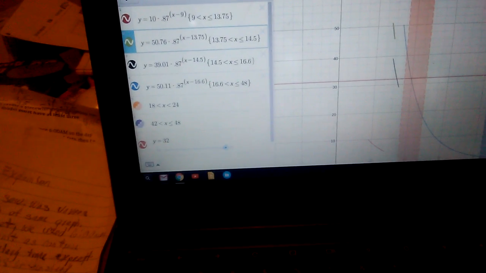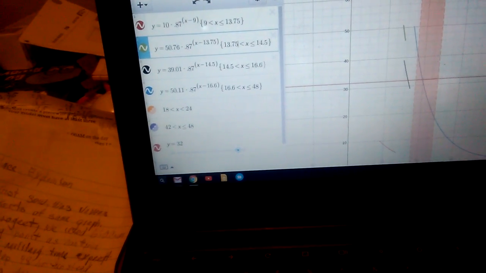And then next we have this black line right here, which represents the next time I consume caffeine, which again I calculated to be 39.1, and that's the amount of caffeine that I have in my body at that point, and the time is 14 and a half hours, which would translate to